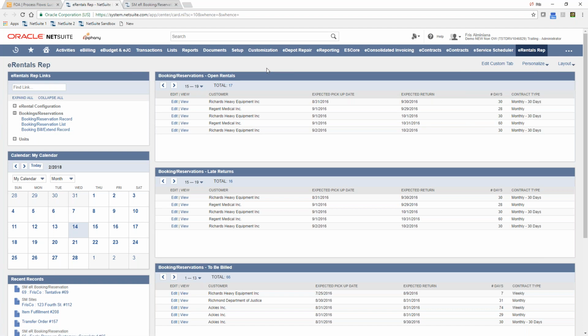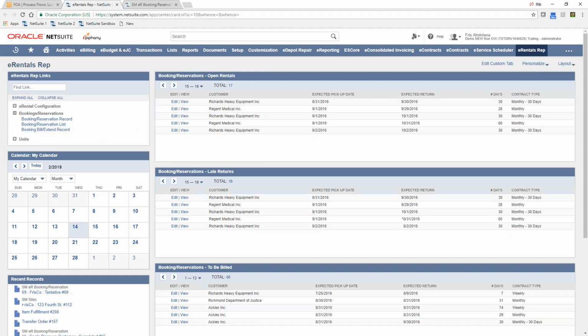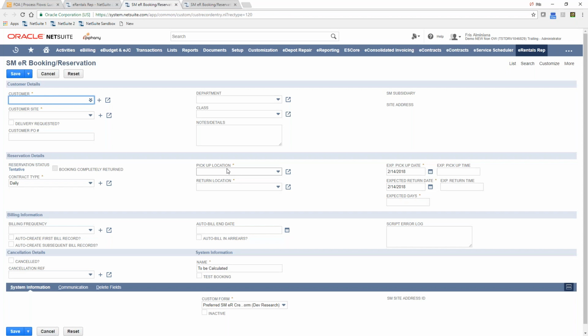Depending on your needs and your roles in the organization, we could create additional portlets for your needs. So in this case, I have open rentals, late returns to be billed, open reservations, and you could have reminders as well. In this case, I have shortcuts right here, and from here I could just create my booking or reservation. I could click on new here, so this is the blank form, but